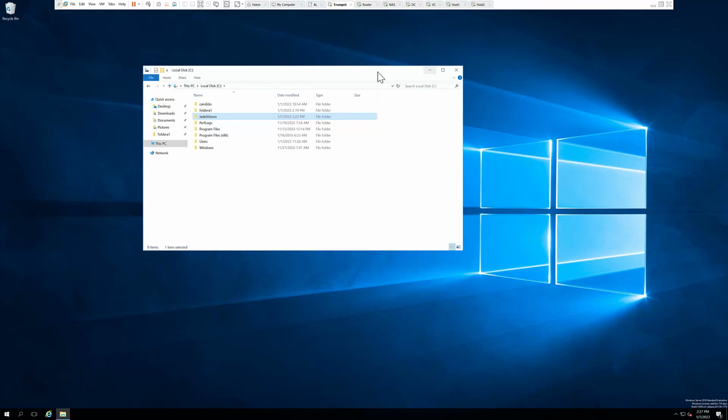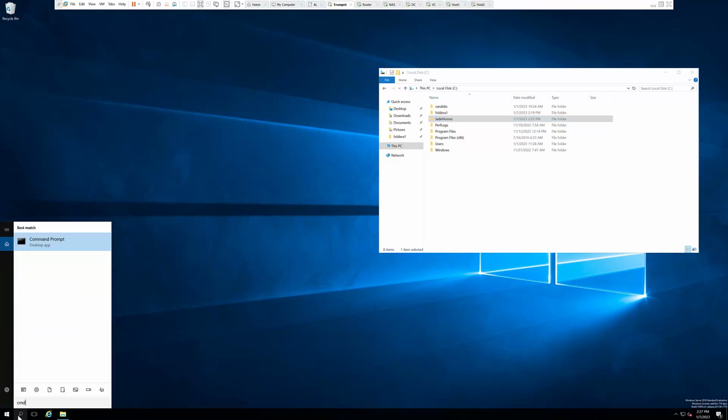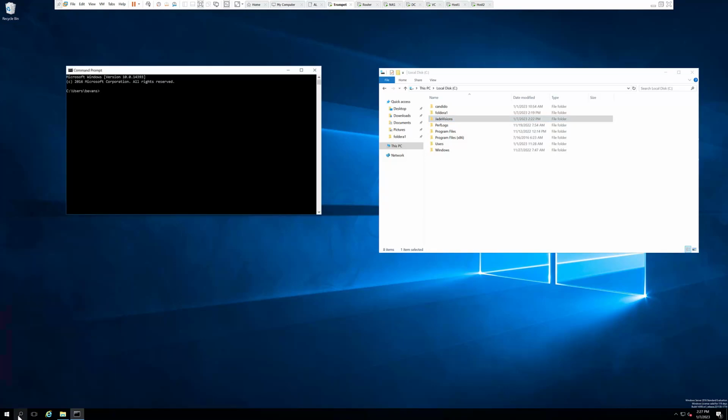To do this, we are going to go down to the lower left-hand corner. We're going to click on the magnifying glass and type in CMD, Charlie Michael David, press enter. The command we're going to use for this is robocopy. So we type in ROBOCOPY,